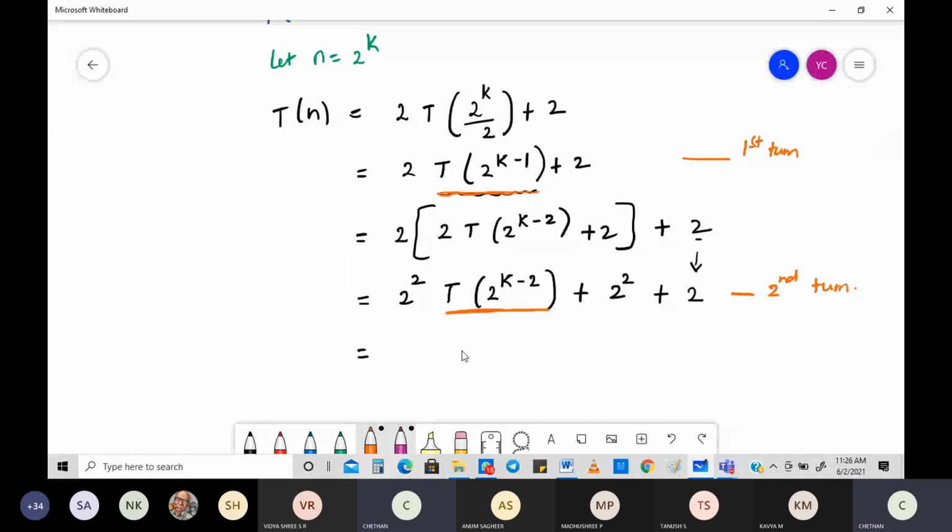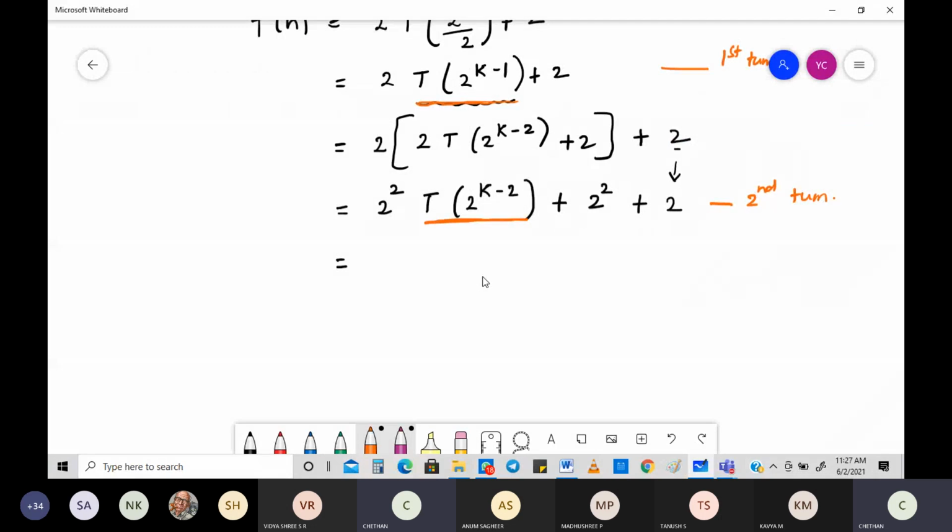Don't think, I'll do it only for 2. When they have said 3 terms, you need to go for 3 terms. Listen, don't be too stubborn to say that I'll do it for only 2. No, 3 means 3. That's all. There are certain things you question and certain things you don't question. So what's the next thing? We are going to do it for one more term, where you write again 2 squared with regard to this one. So what will this become? It will become 2T(2^(k-3)) plus, of course,